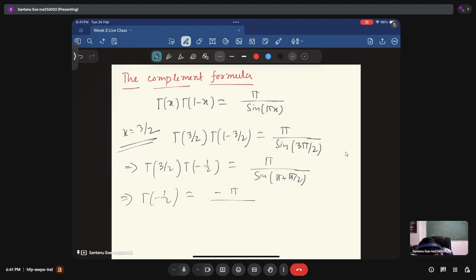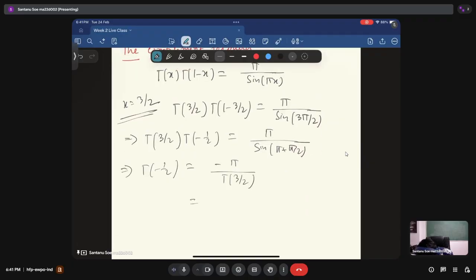So this is minus of pi times 1 by 2 into root pi, so this will be minus 2 root pi,